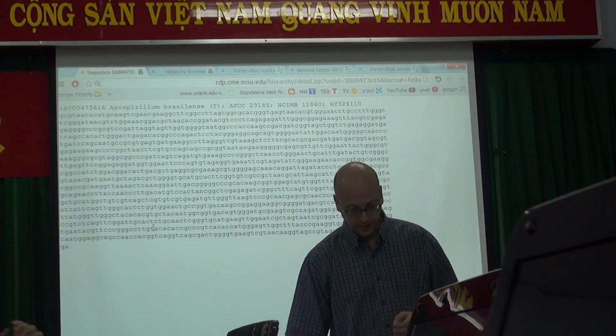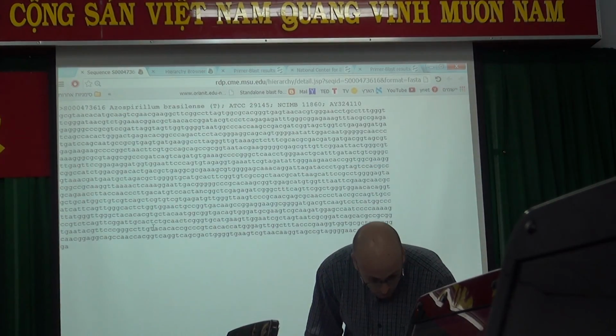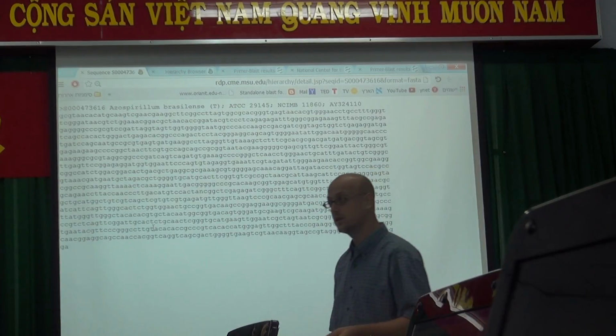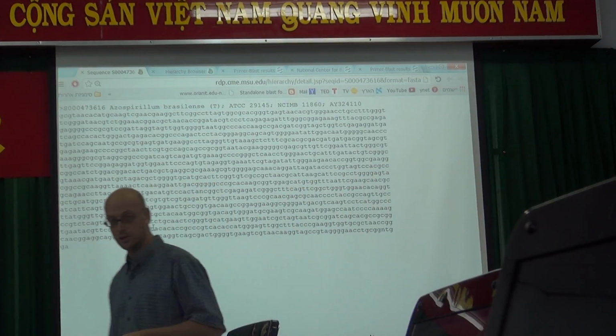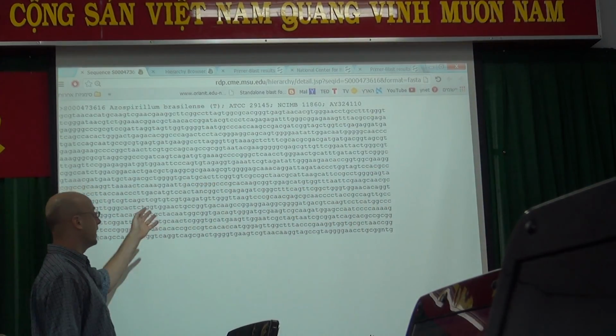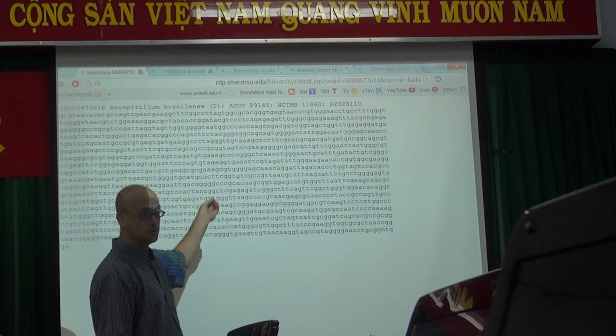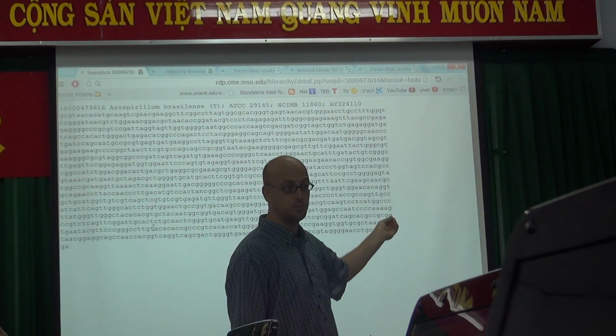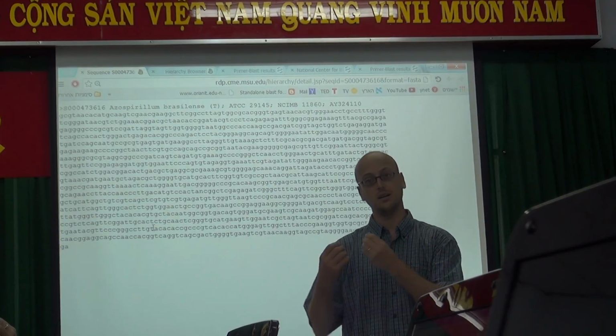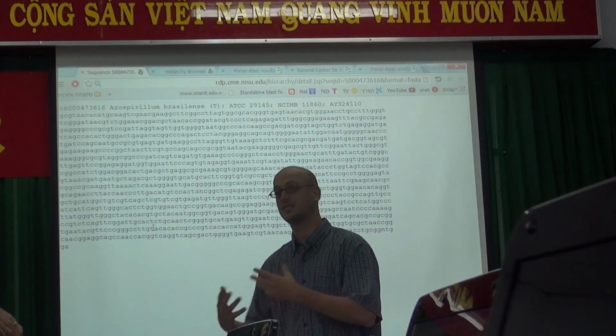We need to construct PCR primers and to look for it using a DNA sample, put it in the PCR, use our primers and see if we get